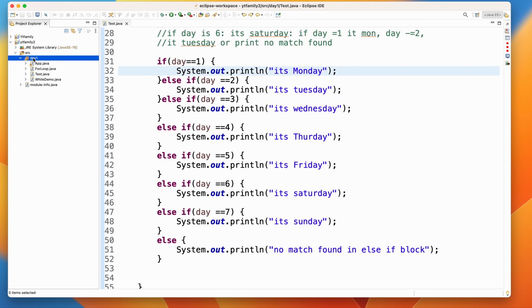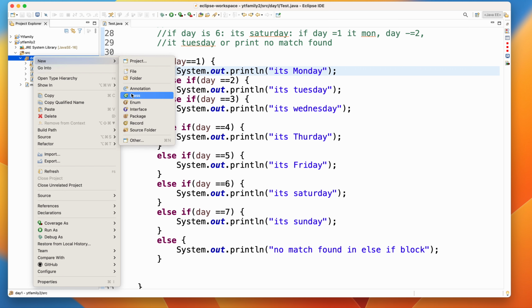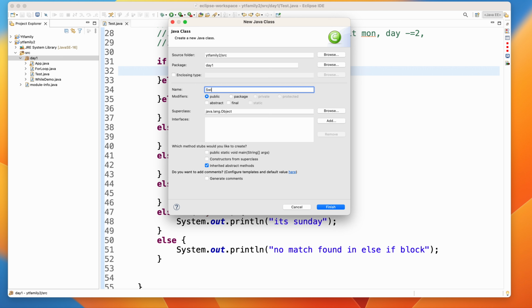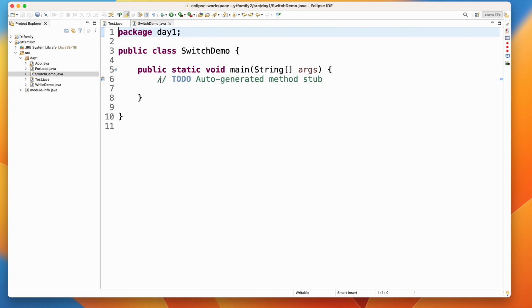So let us create a switch class in order to understand switch statements better. I'll create a switch demo and check the main method. Let's take an example. Let's suppose you are developing some feature, and you have developed one app where